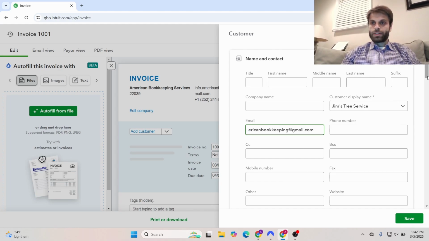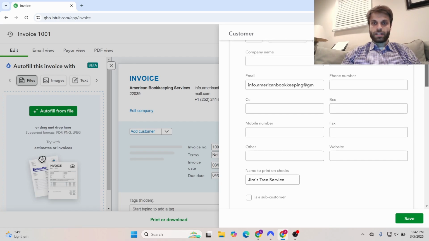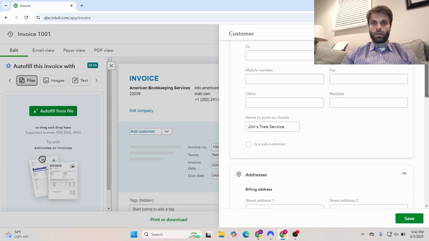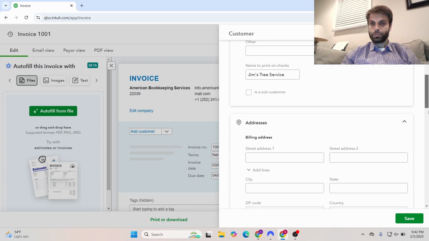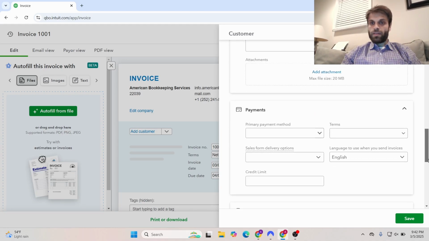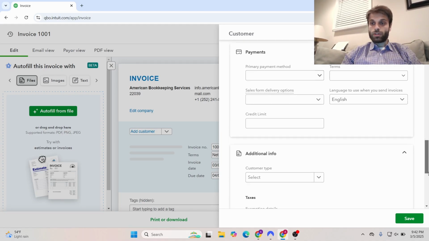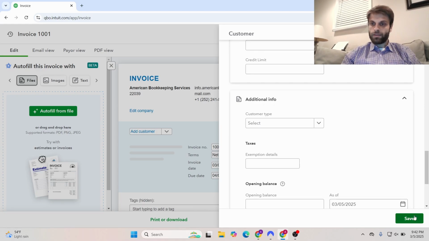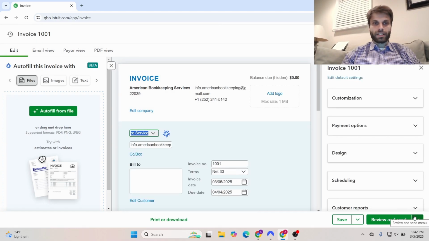Okay, so now that we have that set, you can obviously fill in all of the rest of the fields if you'd like. For the sake of this demonstration, we will just click Save. So we're just saving the customer information. And you can see